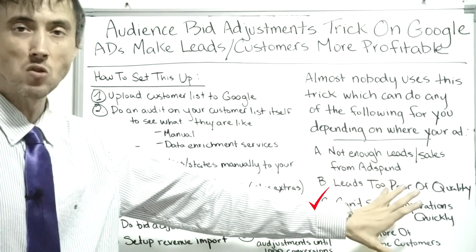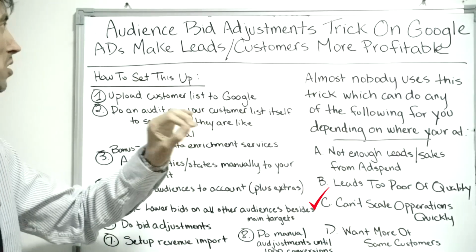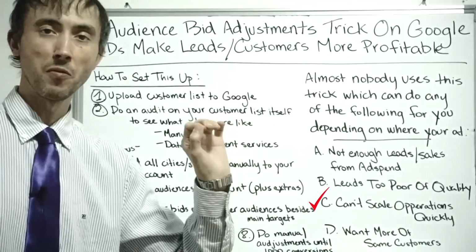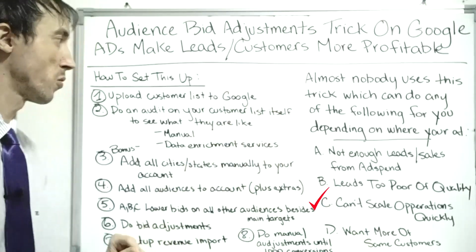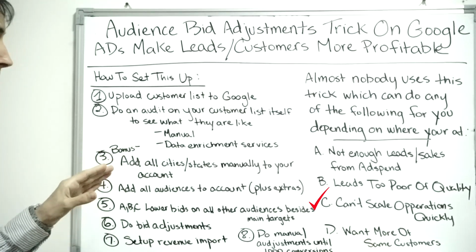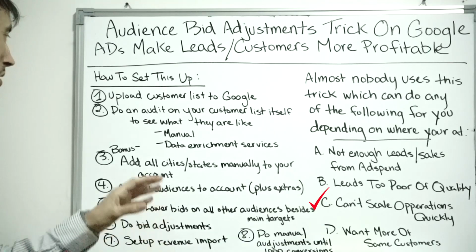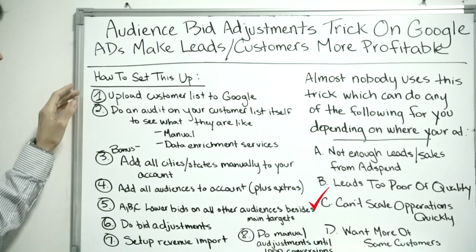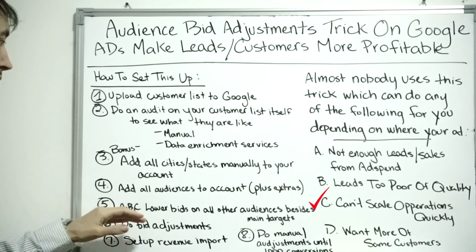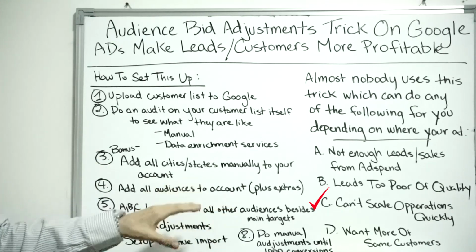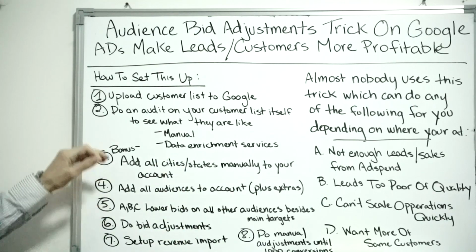Any one of these individual problems I just rattled off for you, adjusting your bids on the audience level is going to be able to fix this problem for you, and not in just a small way, but a very large way. So how do you set this up now to do audience adjustments so you actually can achieve any one of these goals for your business, depending on what you're doing? We have a simple 6-step plan, which is really 5 steps at the end of the day, when you take away the ones that are kind of fringe things that are just nice to have.